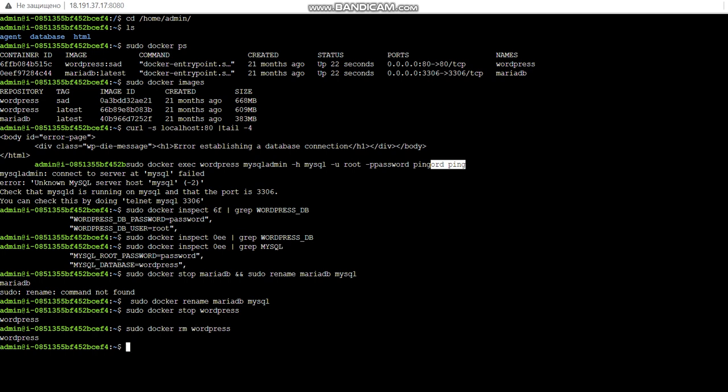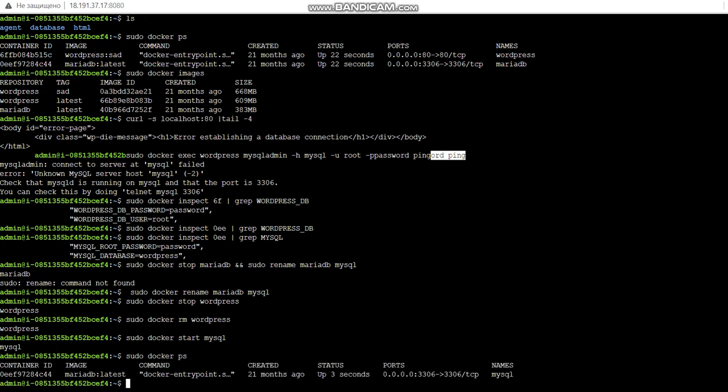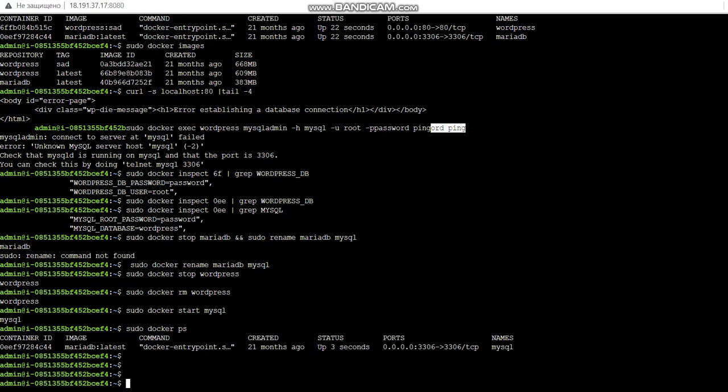But this time different. So I renamed the MariaDB, and now it is named MySQL. If I do ps, I have one running container. Okay. Again, I did not actually completely kill it. I rather just renamed and started it again. So now I want to